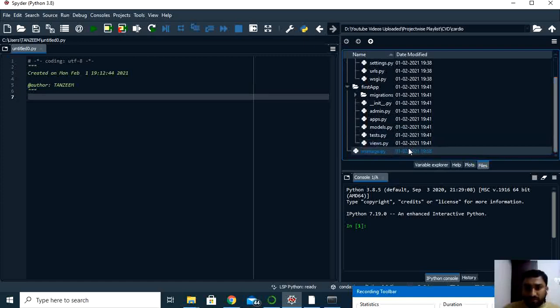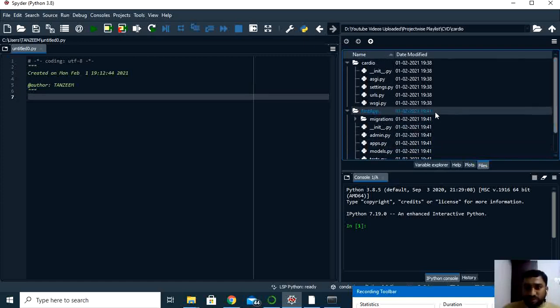Next we have the main file called manage.py. Now next is the most important, we need to do some configuration in the settings file. So now you can see here, under my main subfolder, we have one file called settings.